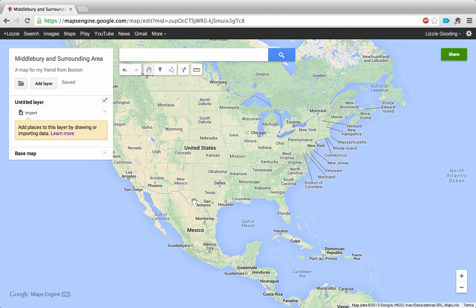Now as a quick note, you don't need to manually save your map with Google Maps Engine. Like Google Docs, your map is constantly being saved automatically so you don't lose data, which is a handy feature. You can see right here it says saved, meaning that it's already saved everything for you. So let's point out a couple of features. So this little folder icon over here